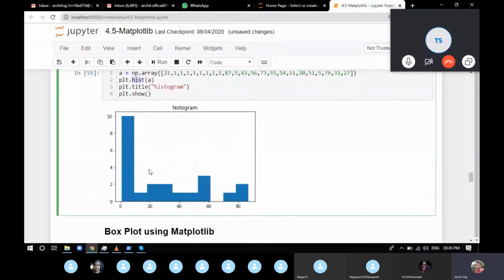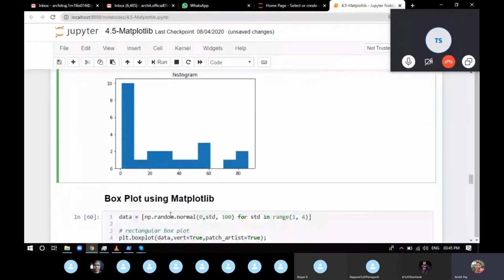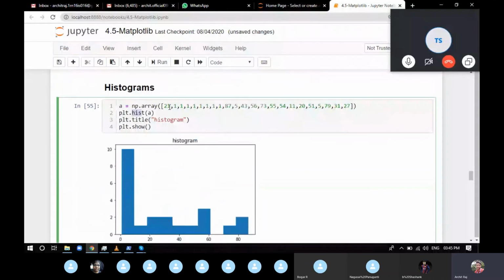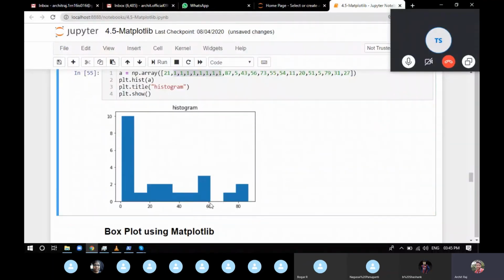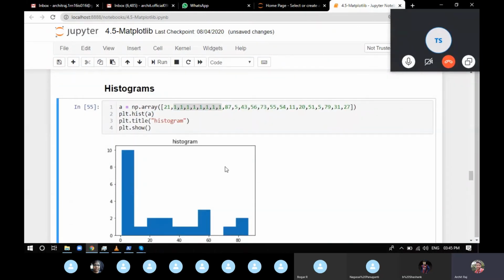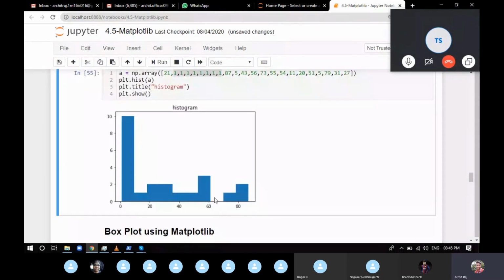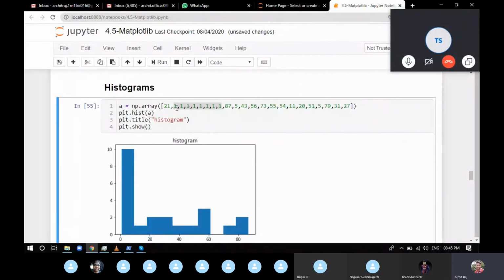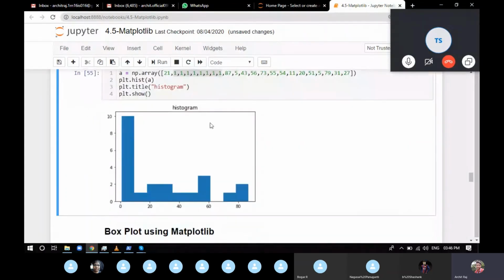So you can see for this histogram, the spike between 0 to 20 is really high. And from 60 till, I guess if you consider this as 70, from 60 to 70 there is no bar. It means in the whole array there is no number between 60 and 70. If you try to find out, you'll find no number between 60 and 70. So that's how a histogram works. I guess you know exactly how a histogram works.